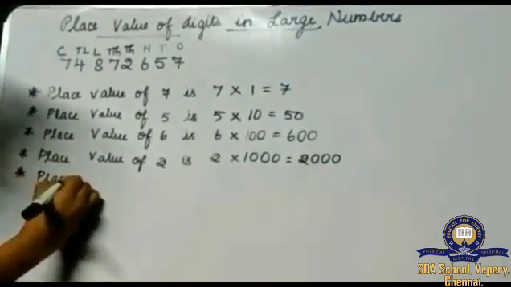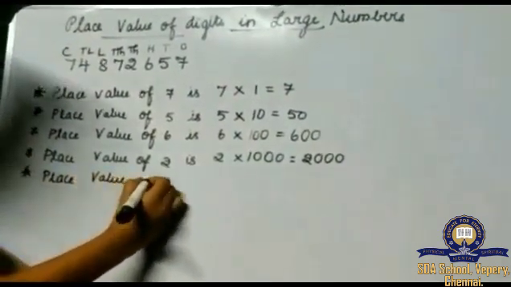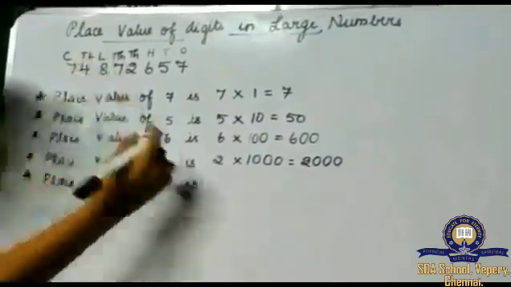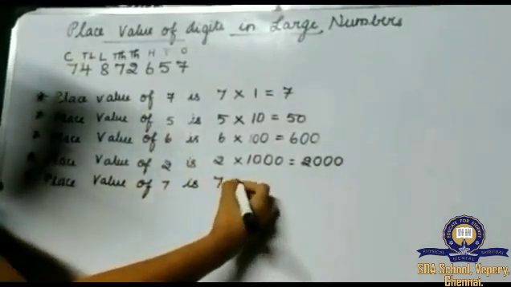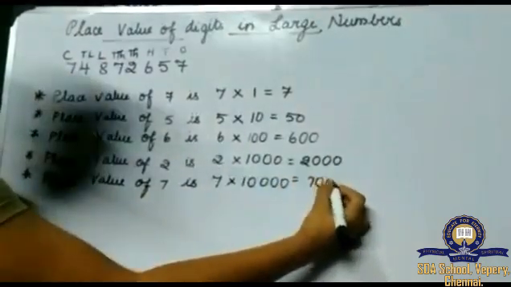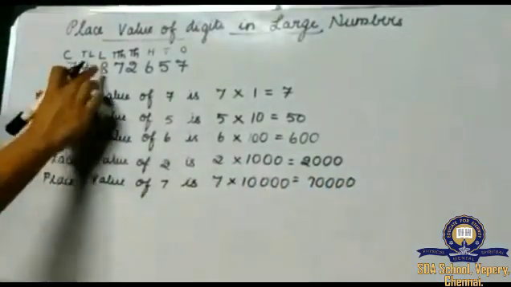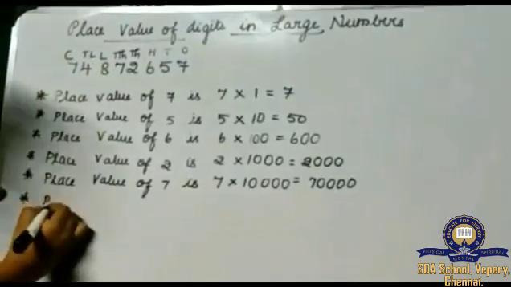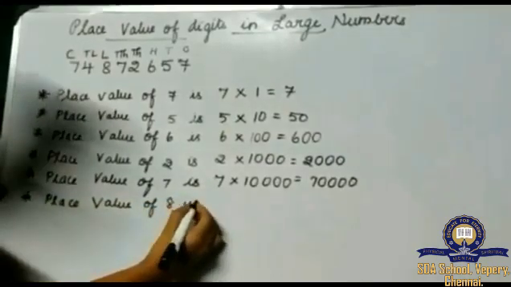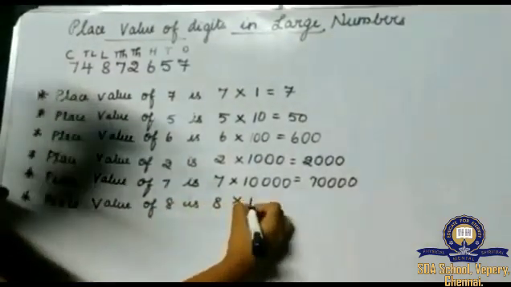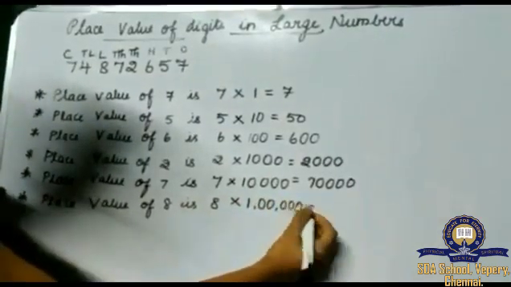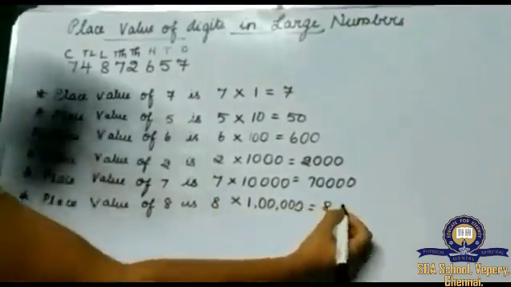Similarly, place value of 7 is in 10,000s place. So 7 into 10,000, you will be getting 70,000. And the place value of 8 is lakhs. So place value of 8 is, you will be multiplying 8 with 1 lakh. Okay. So 0, 0, 0, 0, 0. So you will be getting 8 into 1 lakh is